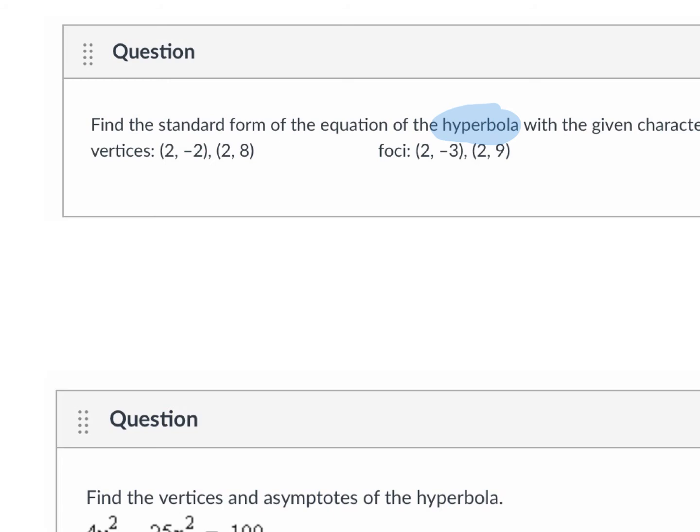Is it a plus or a minus in a hyperbola? It's a minus. That means in my c squared equation, what goes in the middle of a and b? Plus. Good. Okay, good. All right, so find the vertices and standard form for the equation of the hyperbola given these